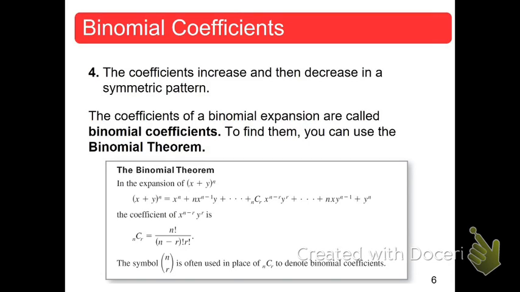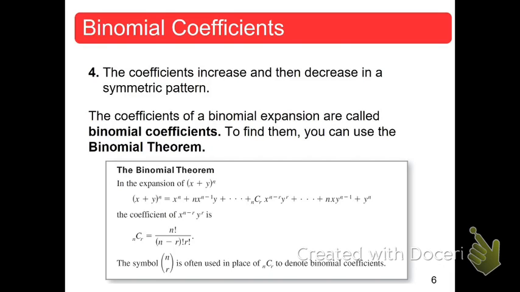Okay, so the binomial theorem says in the expansion of (x + y)^n, we can find the coefficient by taking the combination, using our combination formula, which is nCr. We can do this using factorials, because we know that it's equal to n factorial over n minus r factorial. But underneath it, it also says,